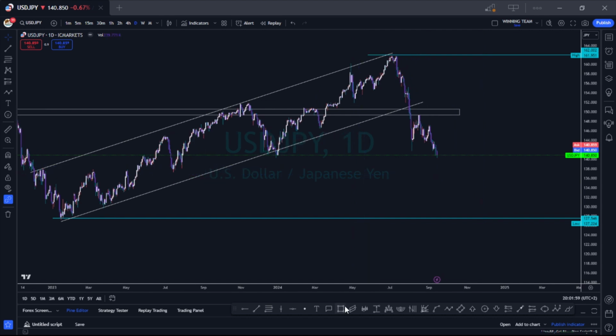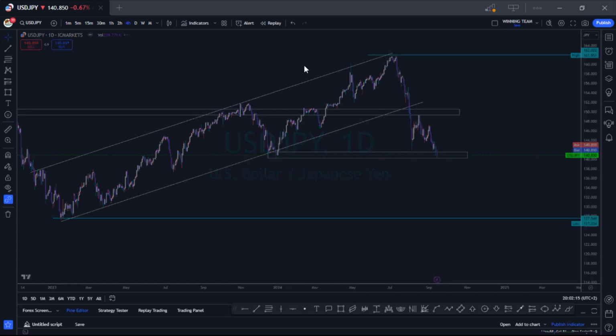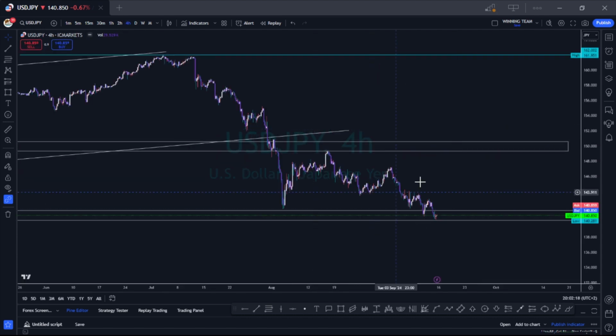The other thing that you might need to watch now is that the market is now trading. We are just testing this area here. We have this low here that we are testing now. So this is what's going to force us to dive deeper into a smaller time frame, and you can see when we go down to a 4 hour time frame, guys, that what we have here is this